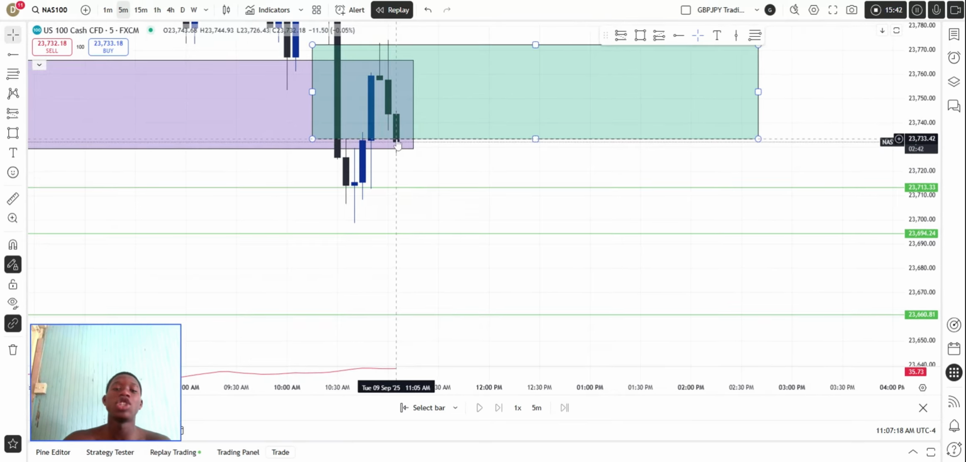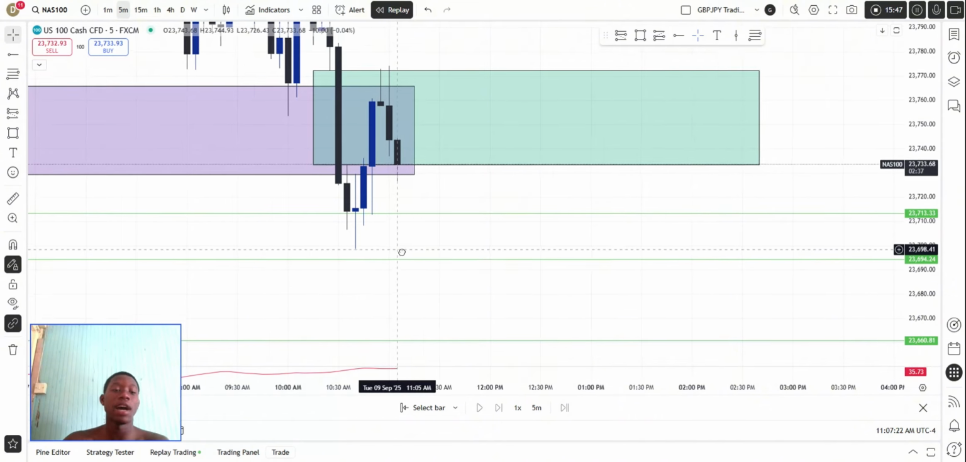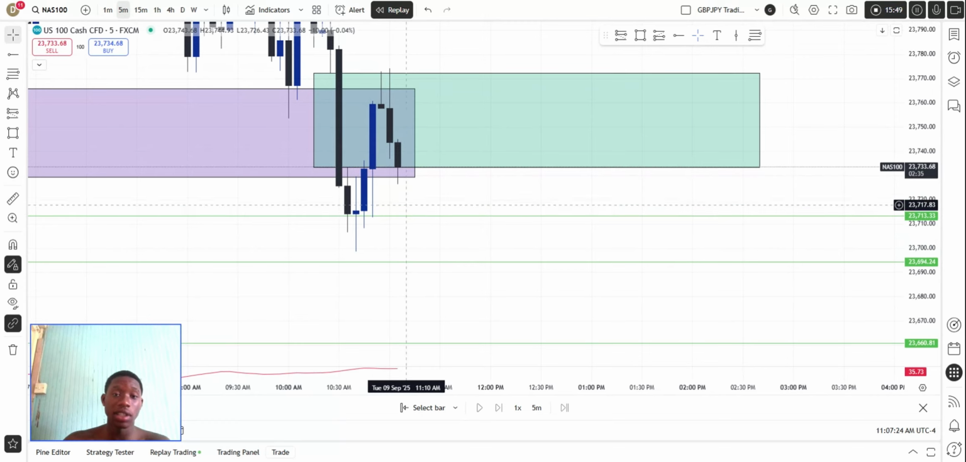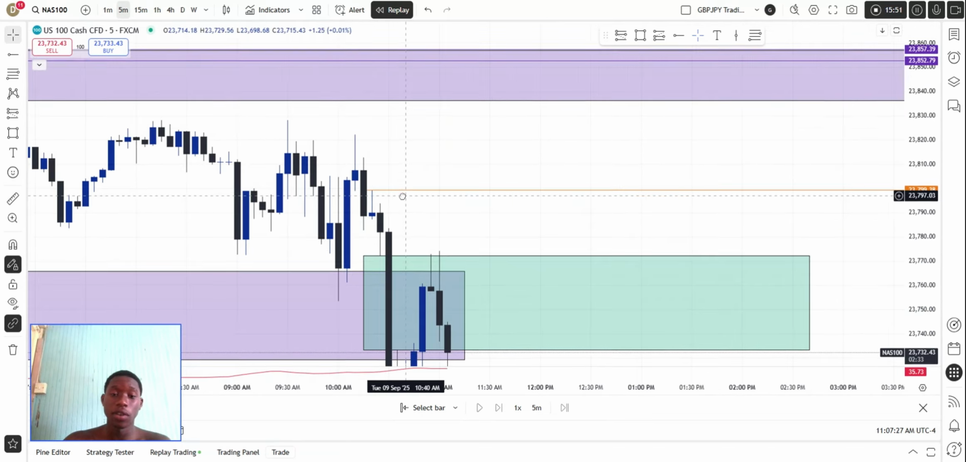So what we're going to do is just wait, see what price is doing off these levels. If price has a good rejection of these levels, like let's say for example,